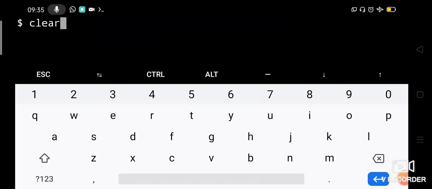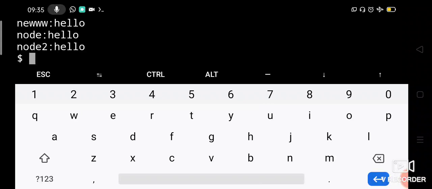Let us check grep hello in all the files which start with N. We have some files called node, node2, new, which we created in our previous classes, and we have the hello word there. So check.